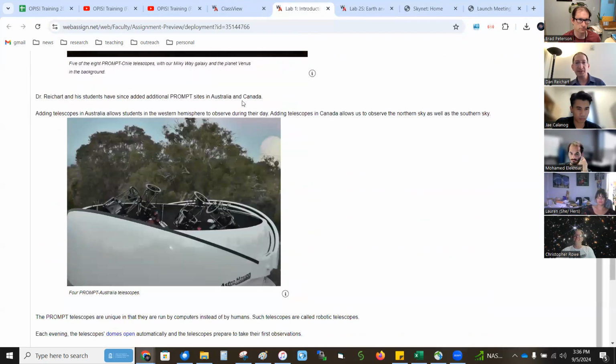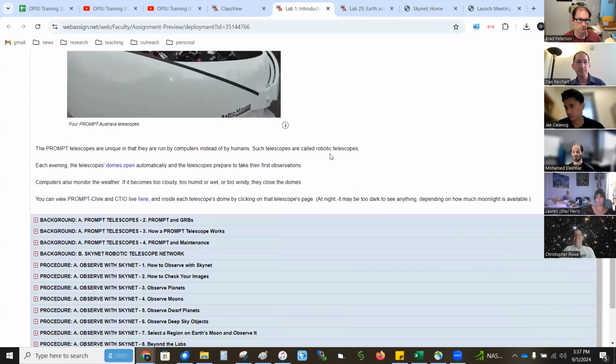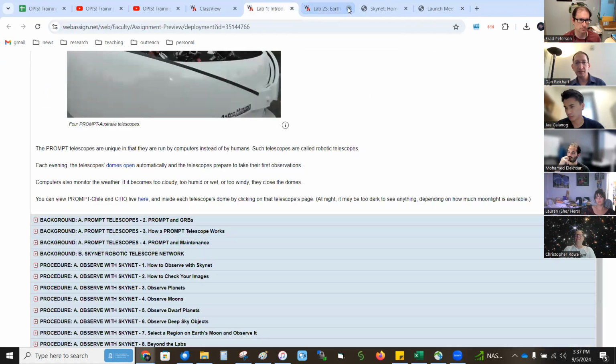And then we also have sites in Australia. Currently only 1 telescope open, but it will be 5 in time. And 2 prompt telescopes up in Canada, one of which will be moved to Arizona. Here's our Australia site at Siding Spring Observatory, though one of these I've already moved out of the dome and over to the other side of Australia, Perth, just for better protection against weather coverage. Here's a little video of the dome opening. I think I showed this last time as well, so I won't go into that.